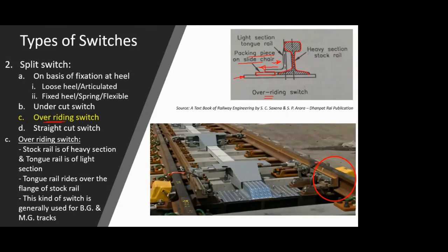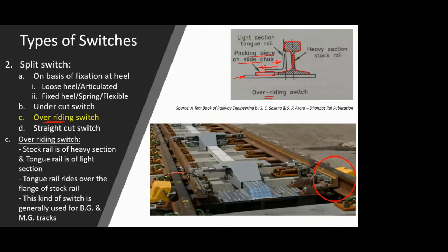So slide chair, and over the slide chair, you have a packing material so that the thickness is equal to the thickness of the foot of the rail, so that the sliding is proper. And on the bottom side, you can see this is the actual figure, but again, it is not the complete rail track which is in running or operational condition, but this is a point or a switch section which is manufactured in the workshop, and then it is going to be installed at the location where it is intended to use.